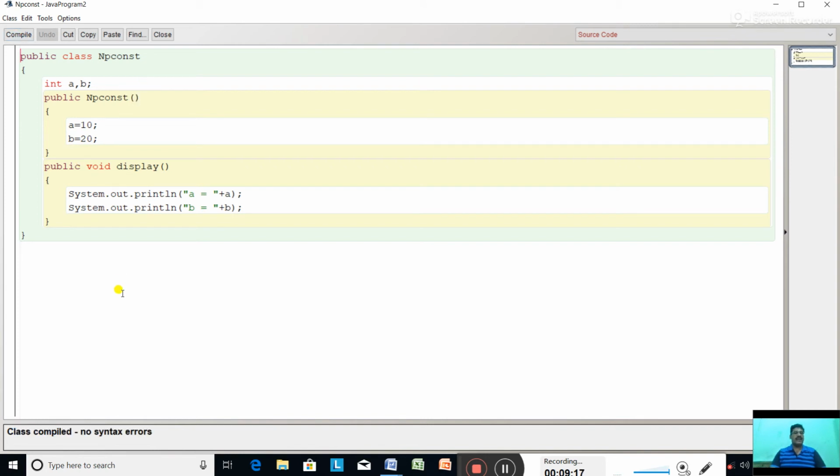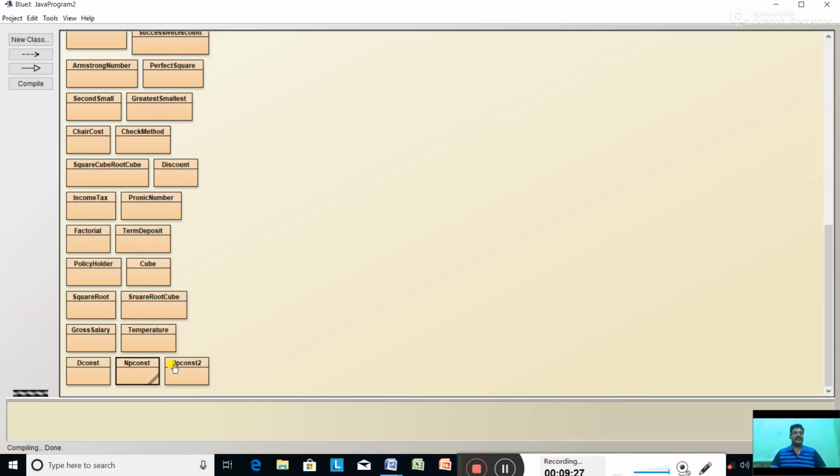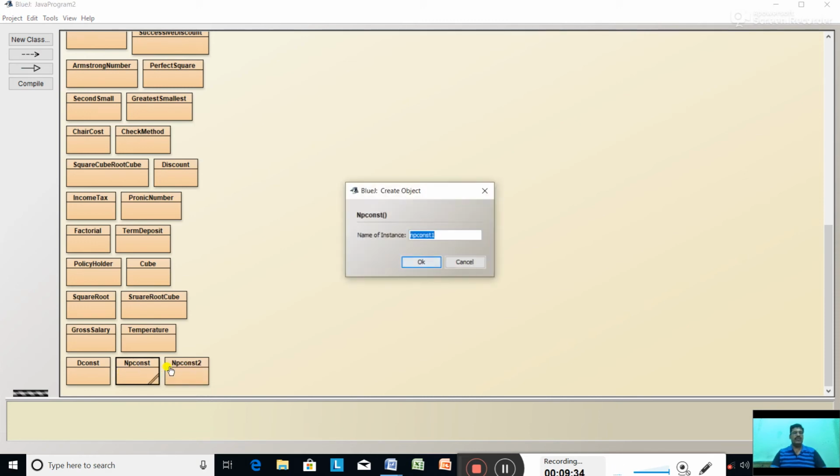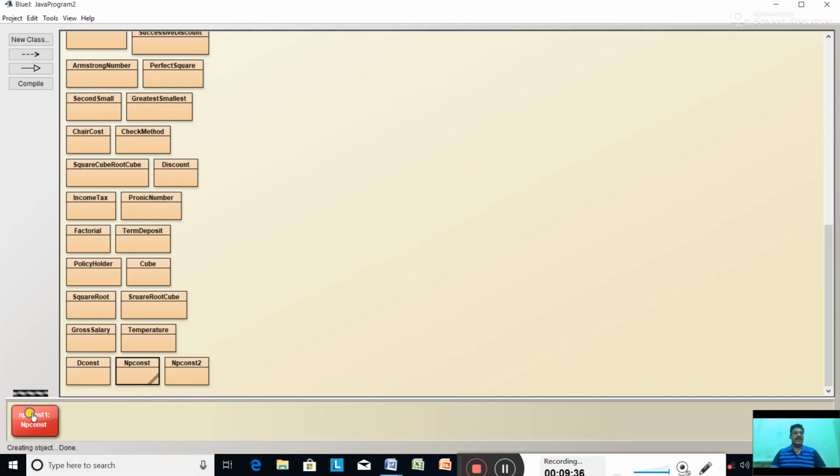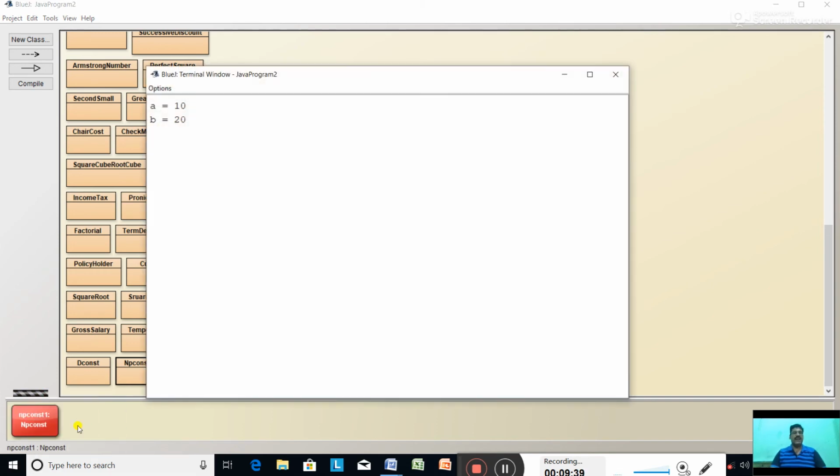See, the main method is not there, so it is created by the compiler. Created by what? Compiler. Close, right click. Void main is not there because the main method is not there, so click on new, OK, object is created. Right click, click on display. Now see, A equal to 10 and B equal to 20. So this was a non-parameterized constructor created by compiler.